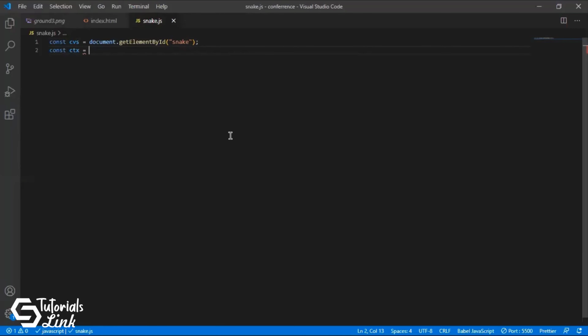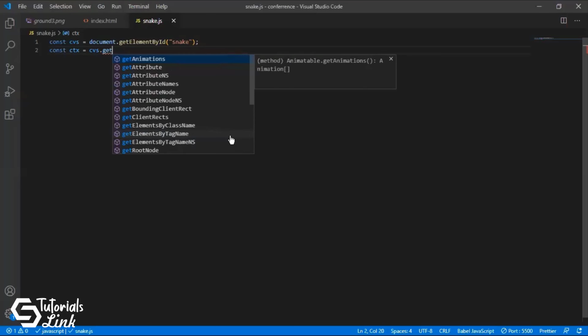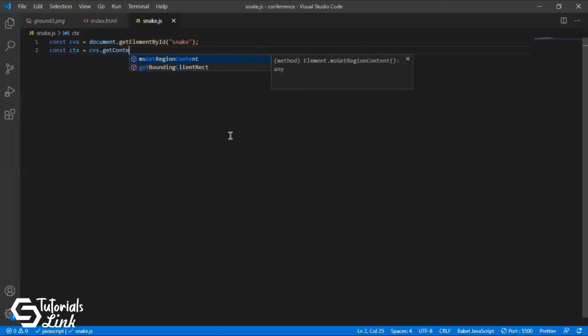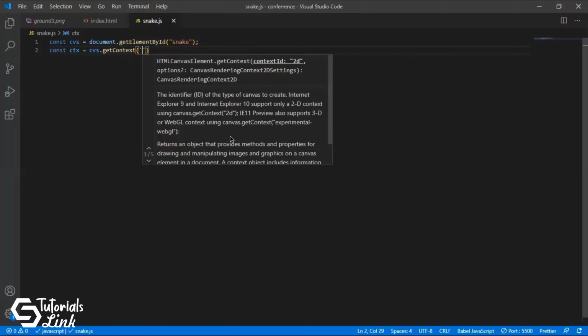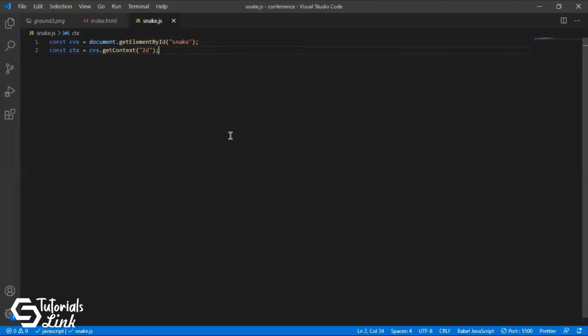We have to change the canvas into 2D. So I have the canvas in cvs, right? And I'll use getContext, and this will be 2d. Okay, fine. So I have my canvas, and I have set my canvas as 2D.